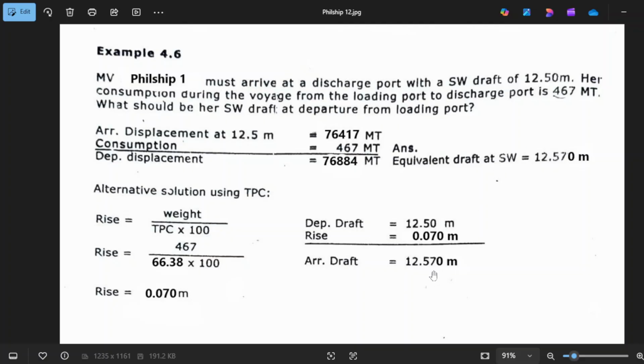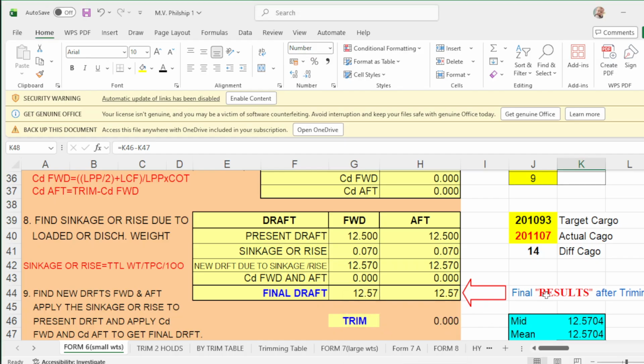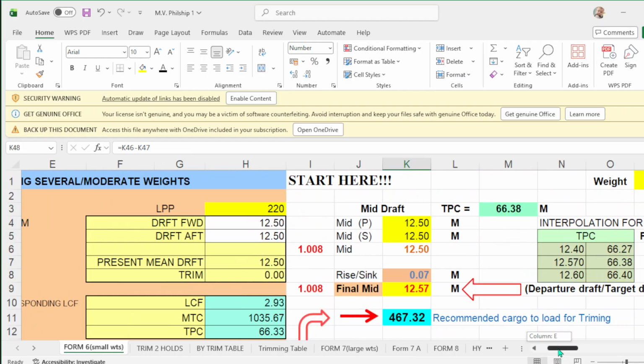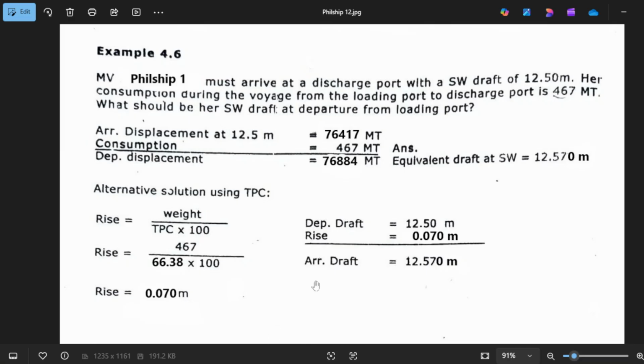So your departure at load port should be 12.57, and this will be your departure draft at load port, this one. So take note, this will be your departure draft at load port. Then we go to the next problem,